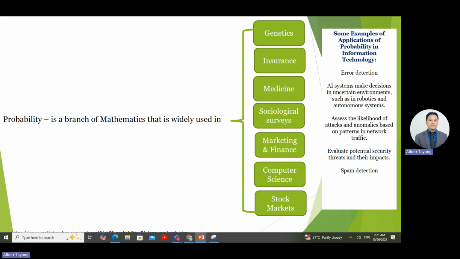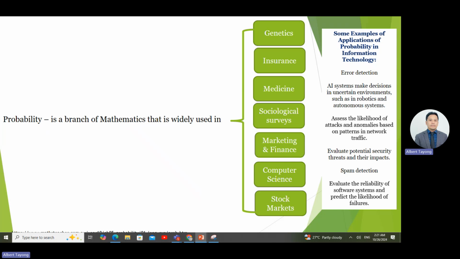We will be able to detect spam, and of course, evaluating the reliability of software systems and predicting the likelihood of failures. These are just some of the examples of applications of probabilities in information technology. Of course, there are hundreds of applications which you can see if you're going to delve into the applications of